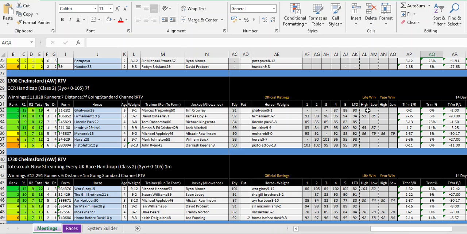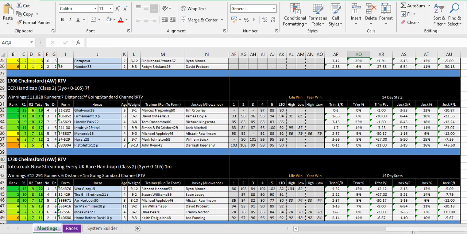The life win and year win are the highs and the lows of what sort of handicap mark the horse has run off in the past. There we go. Finally, we've got the 14-day stats, all pretty much self-explanatory. We have the trainer strike rate, the trainer win percentage, and the trainer profit loss figures, all to £1 stakes